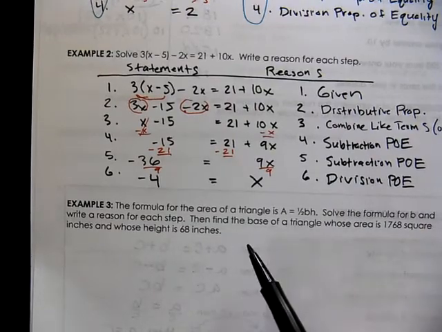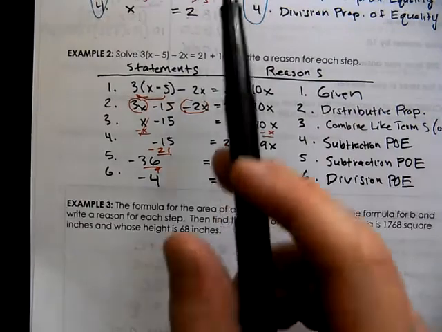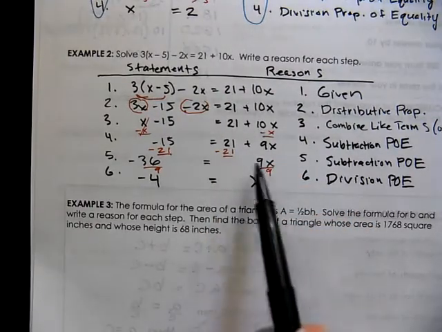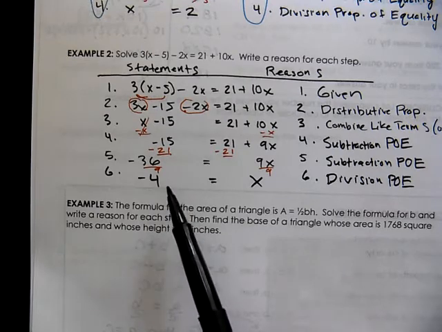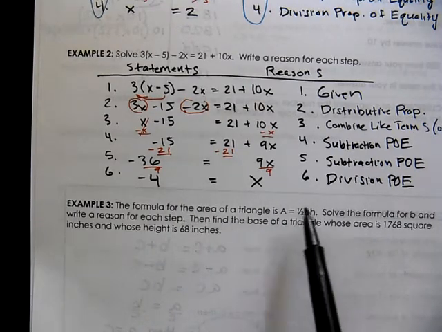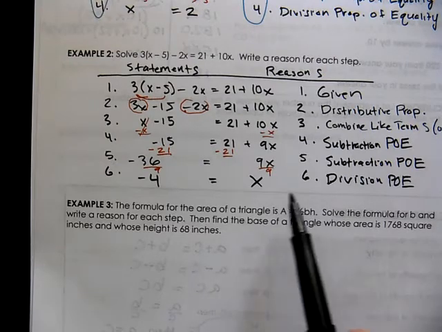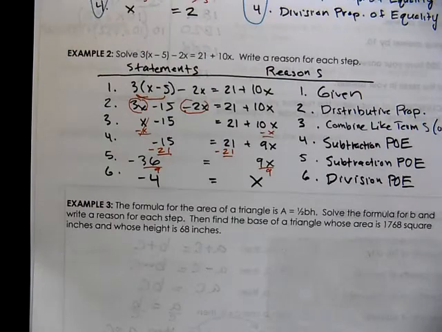Now in example 3 we're doing yet more algebra. It's really kind of the same thing, but with a twist. In the first two examples we've always been solving for x and getting a specific number. But now let's take a look at an equation that has just more variables. I want you to see that we can still isolate a variable even though you have lots of other variables